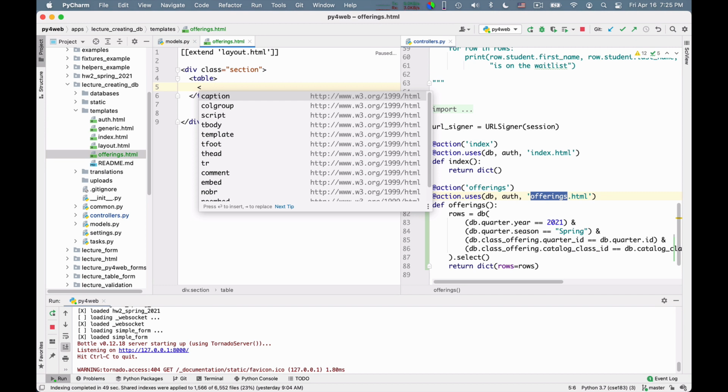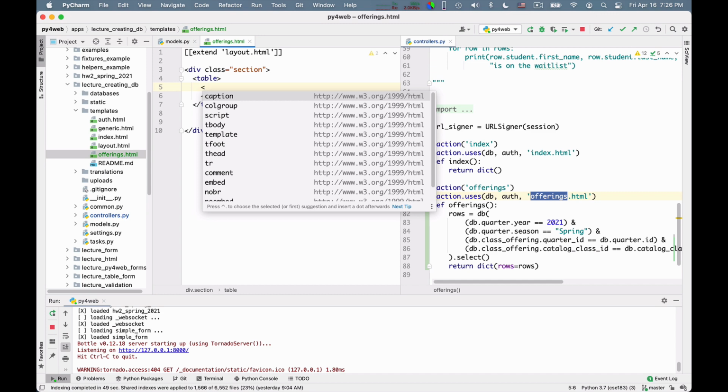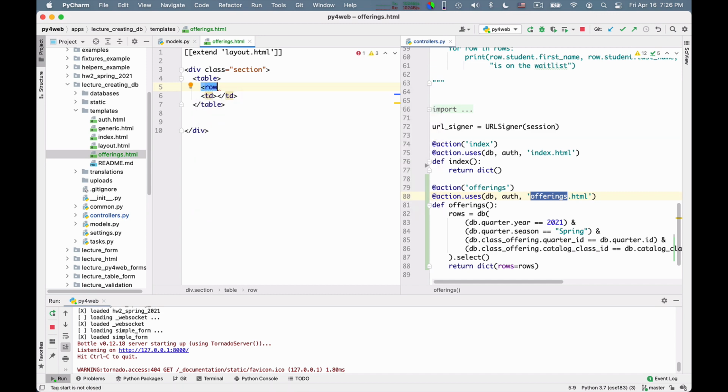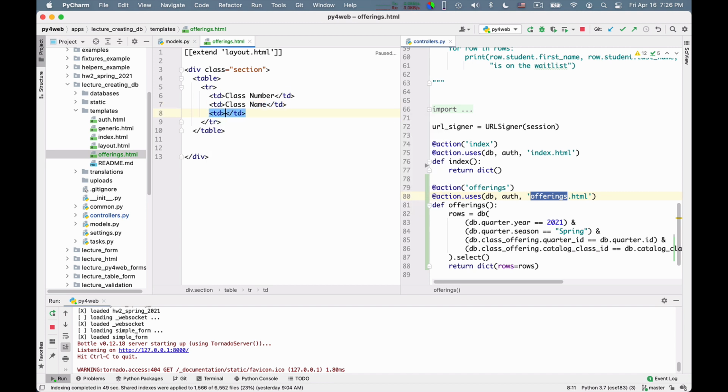Okay, that's all. So I will have essentially td, so sorry, this is a row, table row, and inside these I will put class number, okay, class name, and then I will put an empty one that will be simply a placeholder for the content.